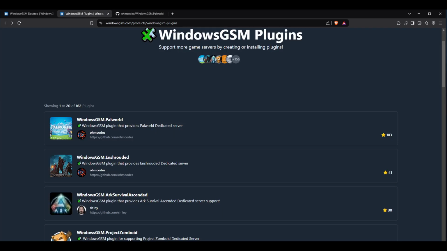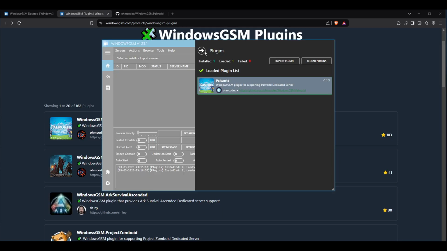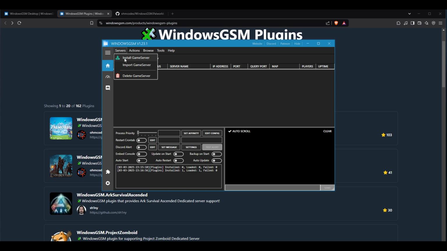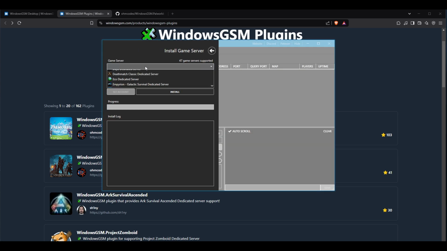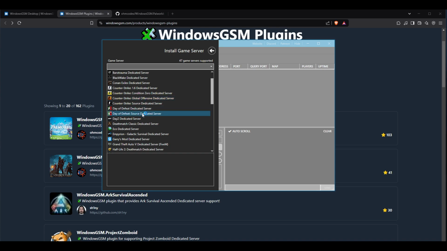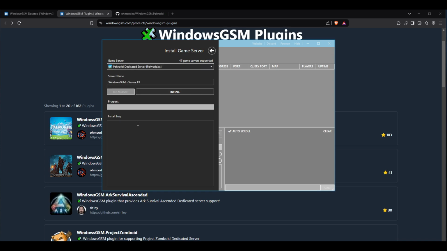All right, so we're done there, right? So we have the plugin now. Go to install game server, then find Palworld. So here you go, Palworld. You can name your server, for example, my server underscore palworld. This one will be reflected in the server list. So when you install it,